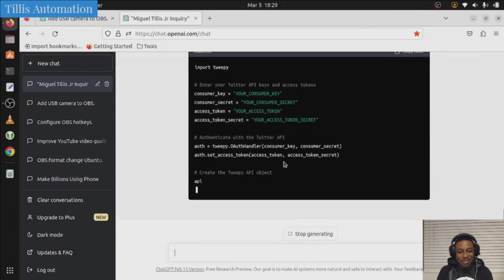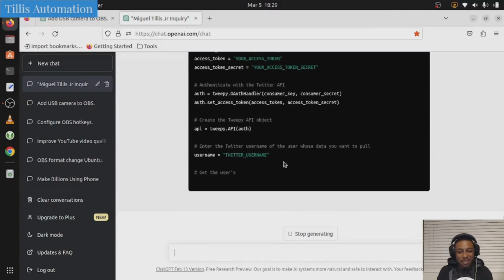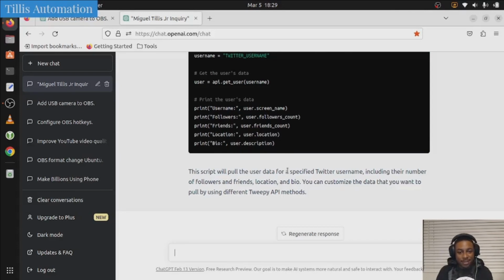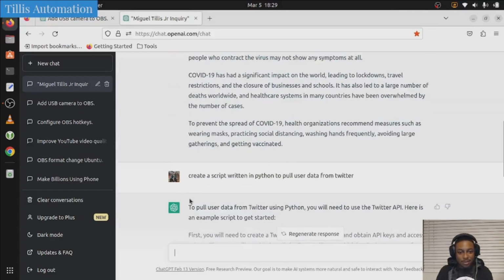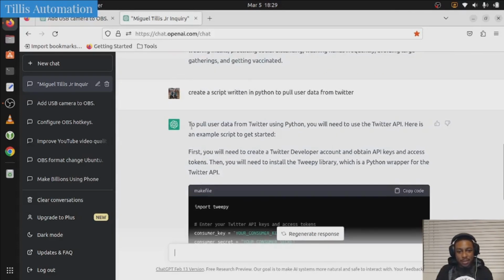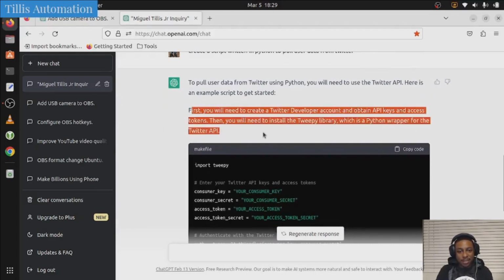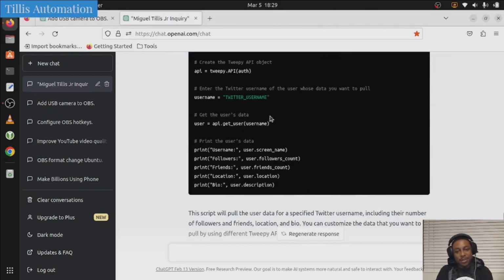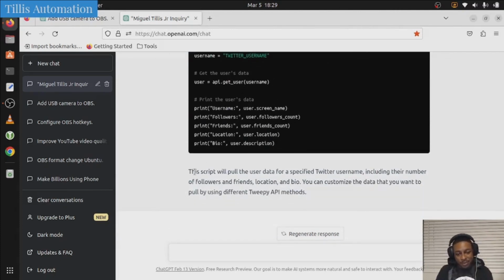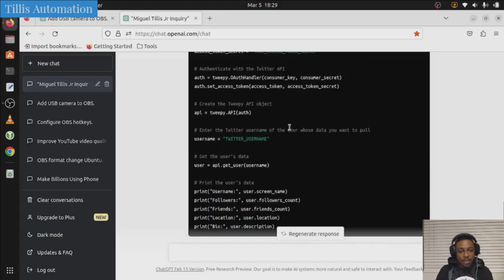It's just so satisfying when things go as you anticipated. All right, as you can see here, it has a script. Not just a script, but even has a summary. Tells you about getting API keys. We can talk about that in another class. But the idea is that it can do a whole vast quantity of things. It can manipulate data as well as generating a script for you.